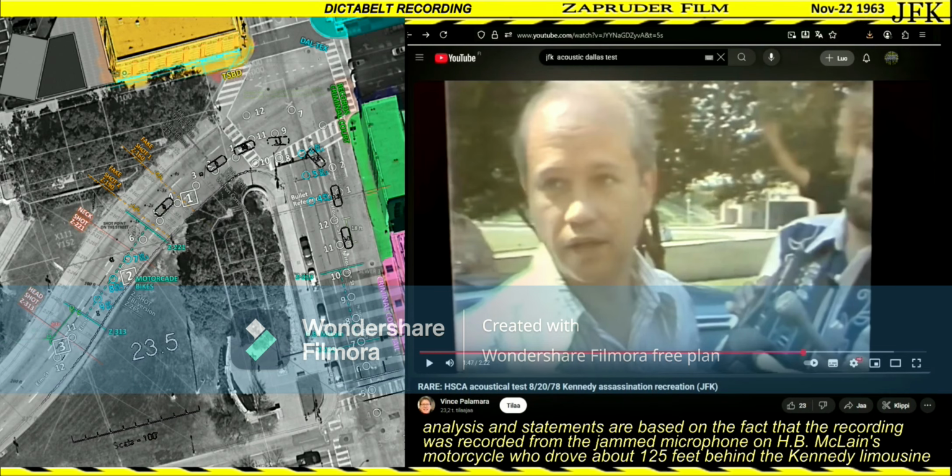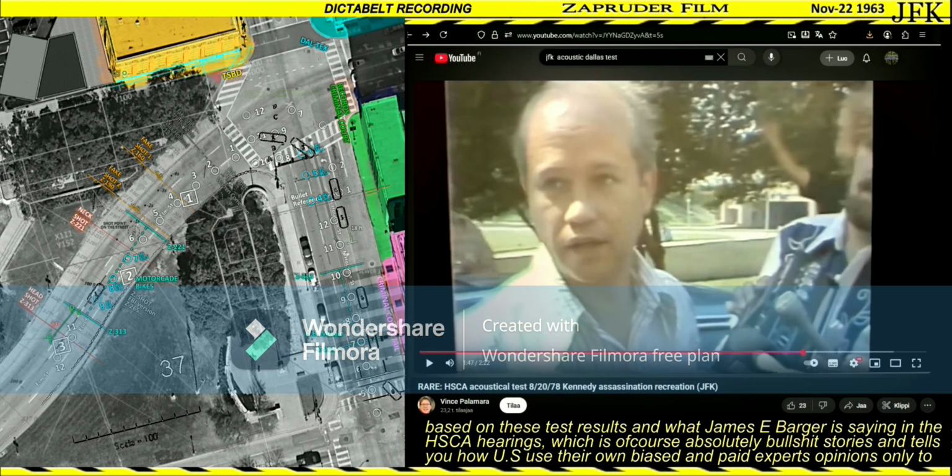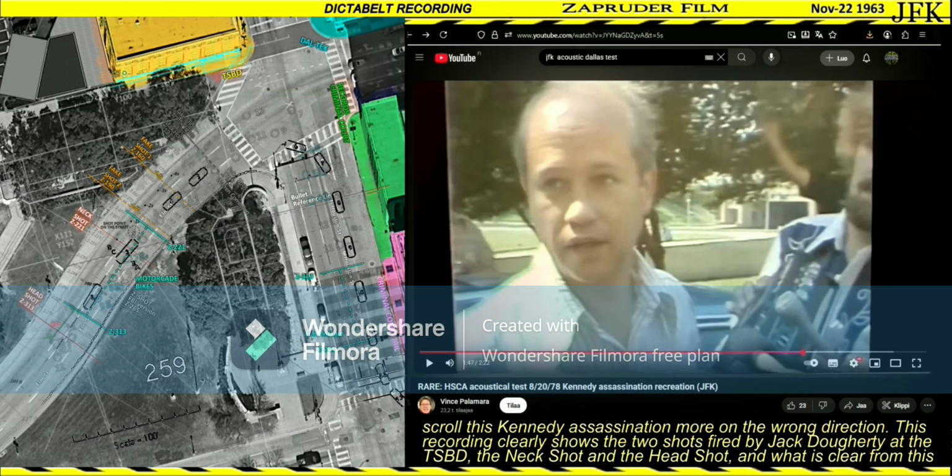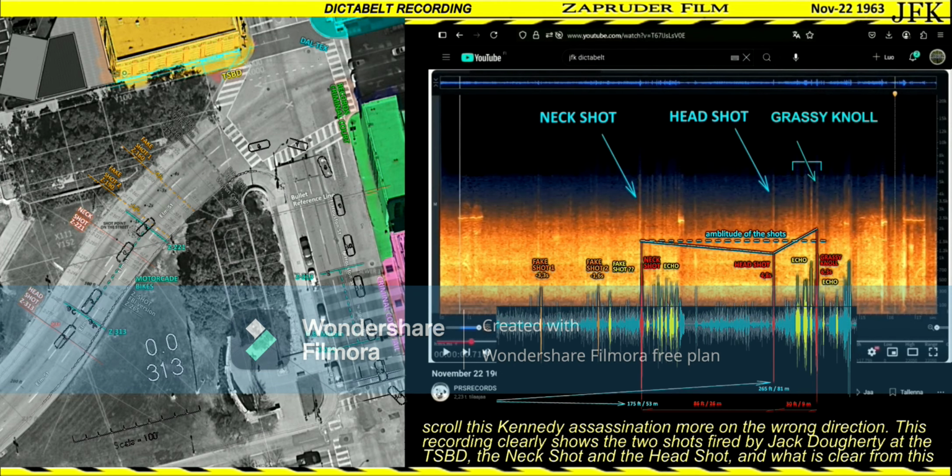McLean's motorcycle, who drove about 125 feet behind the Kennedy limousine. Based on these test results and what James E. Barger is saying in the House Select Committee on Assassinations hearings, which is of course absolutely bullshit stories, it tells you how the United States uses its own biased and paid experts' opinions only to steer this Kennedy assassination investigation more in the wrong direction. This recording clearly shows the two shots fired by Jack Dougherty at the Texas School Book Depository,